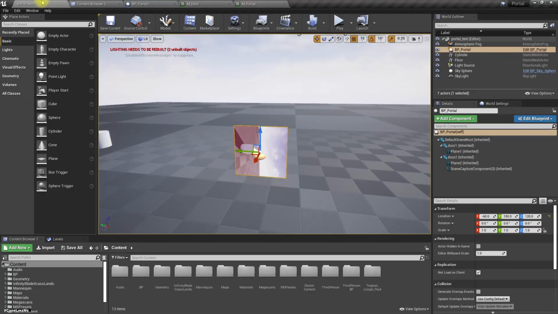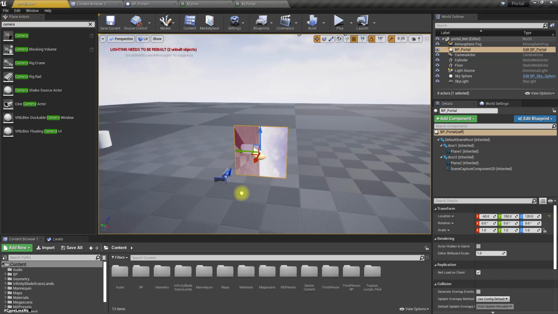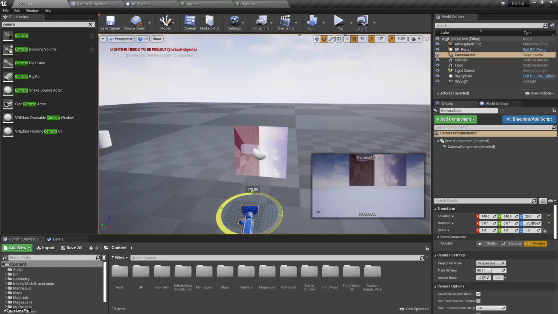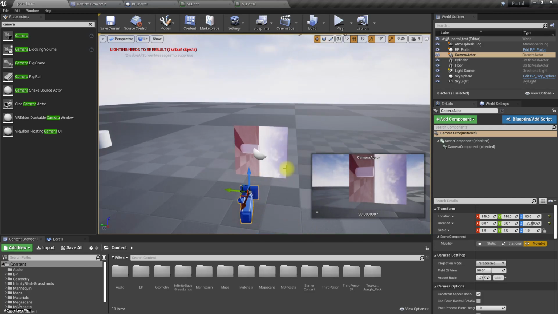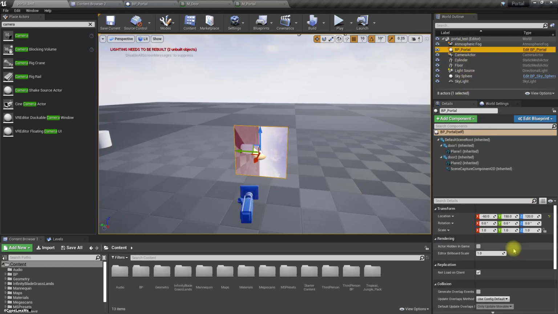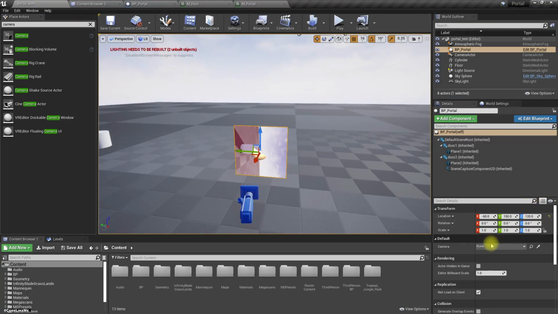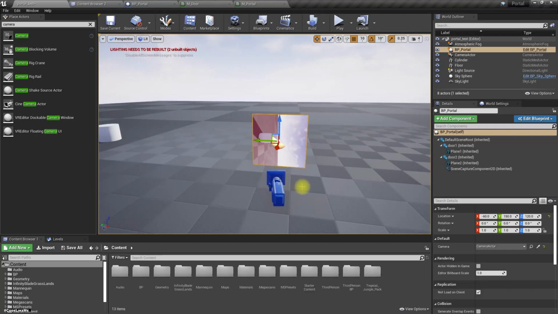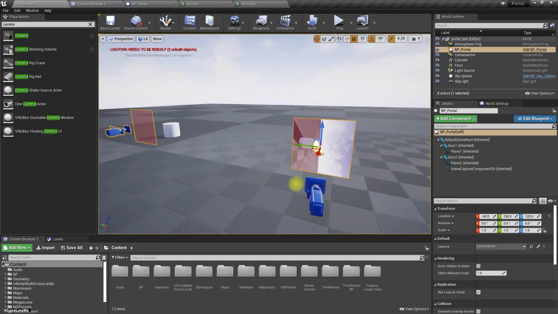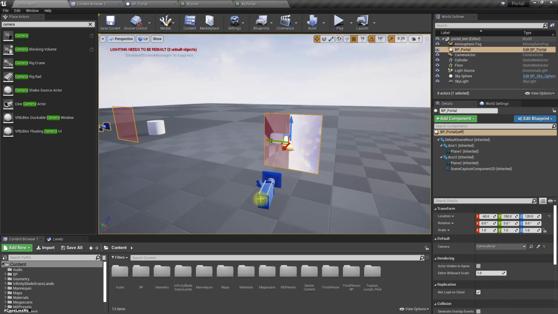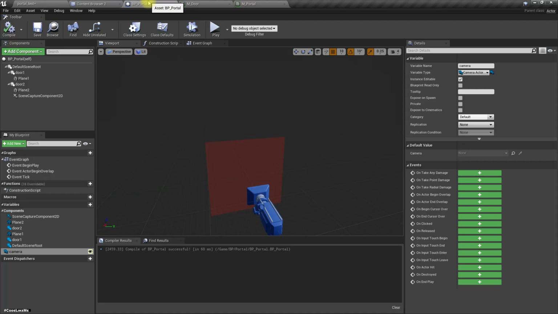It should be public. Now let's add a camera to the scene. Like this. And let's set this camera as the reference here, like this. So I'm gonna set the relative location of this scene capture component similar to the transform, the rotation and location relative to this plane of this camera. So how to do that? If we have to do it mathematically, it will involve some transformations. So, but to make it simpler,